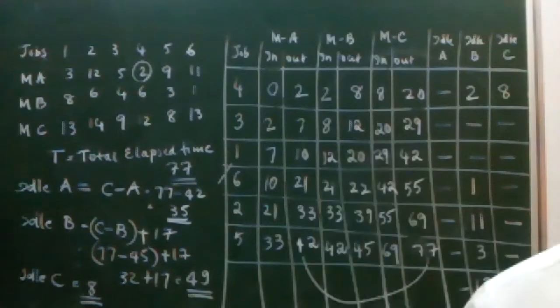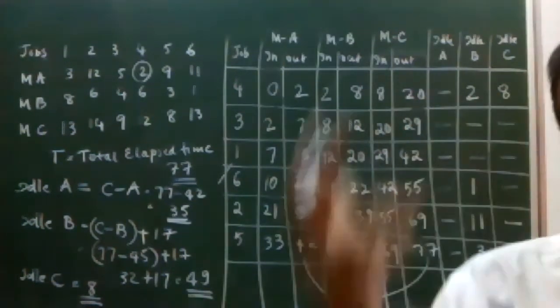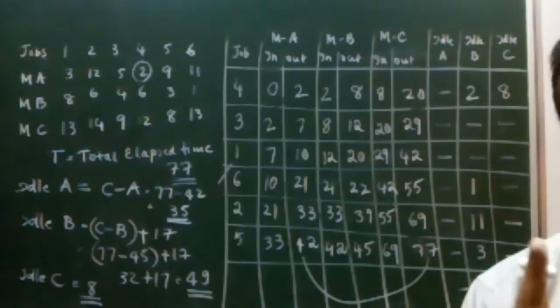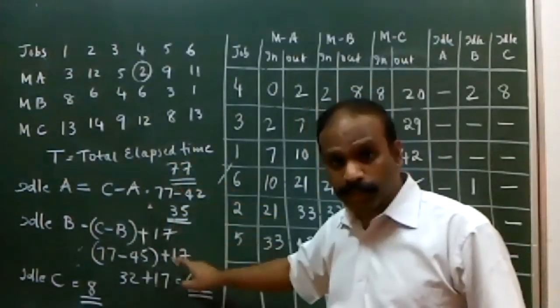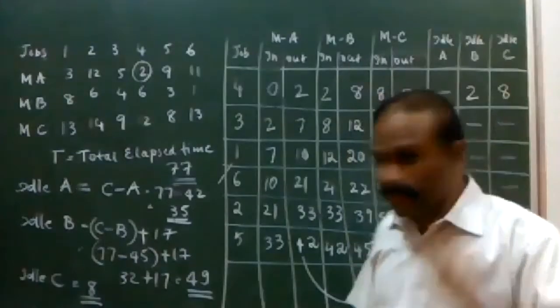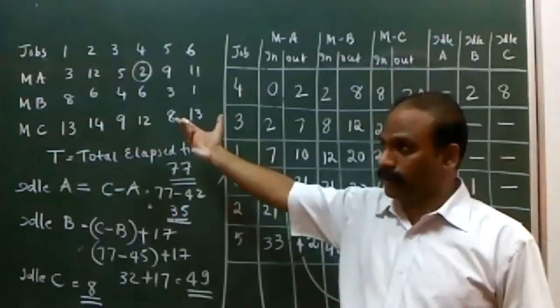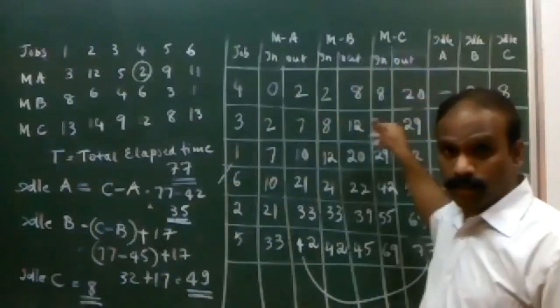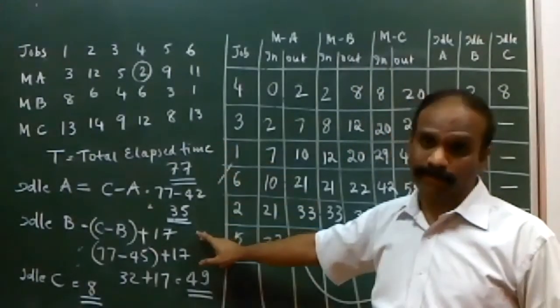Accordingly, we have to do the calculations, and even the formula will change according to the order. That is very, very important. The formulas we have taken will change according to the order of the problem. If it is ABC, then this is the formula. If it is BAC, the formula changes. It all depends on the position. The position in the matrix matters, and the formula gets slightly modified.